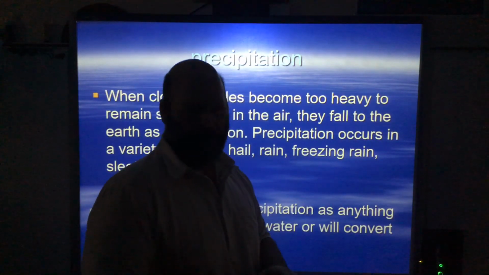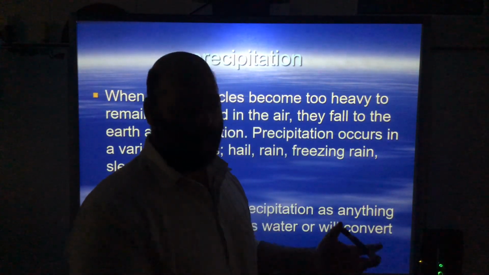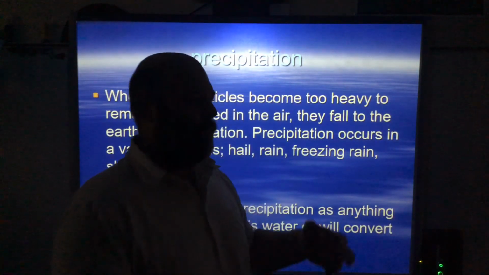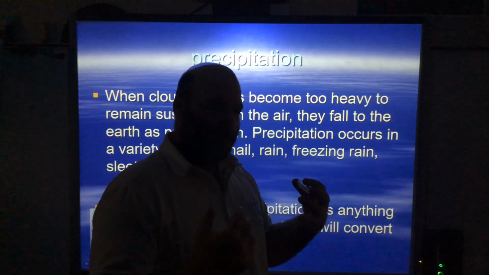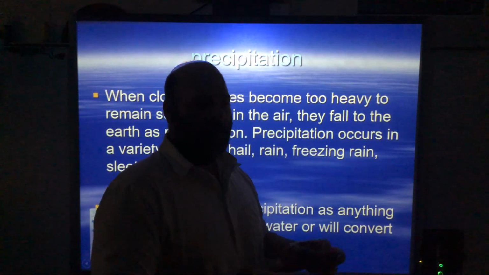We've also got to have condensation, because without condensation, we would never have any rain. And if we didn't have any rain, our plants wouldn't grow, we wouldn't have any water, and thus we would dehydrate and die. So both are vital.